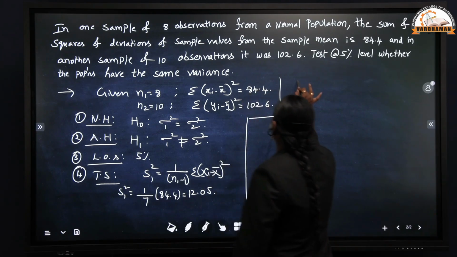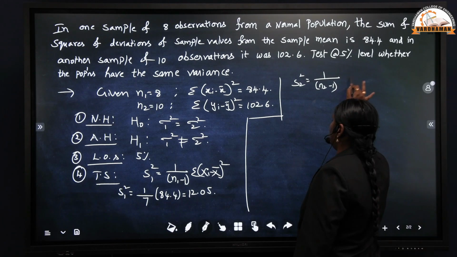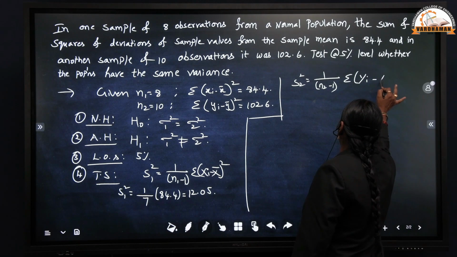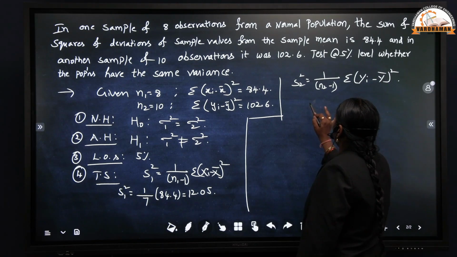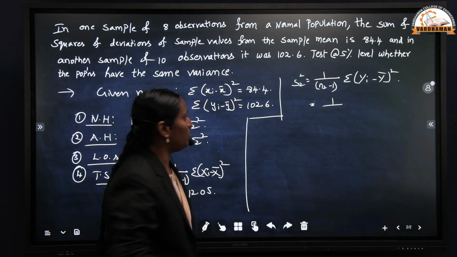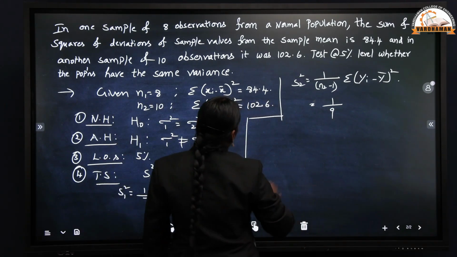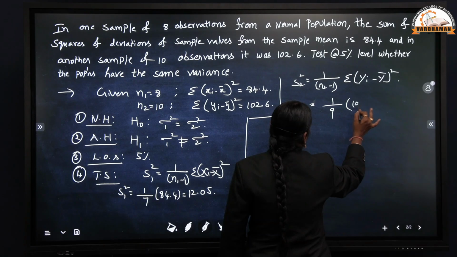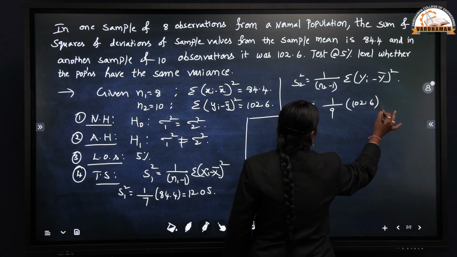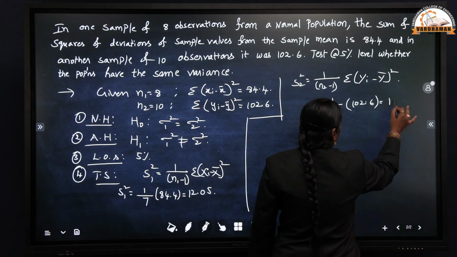Now let us see s2 square. The formula is equal to 1 by n2 minus 1 into the summation of yi minus y bar whole square. The number of observations in the second sample is 10 in the given problem, so 10 minus 1 is 9, and the summation of yi minus y bar whole square is 102.6. Simplifying this, we get